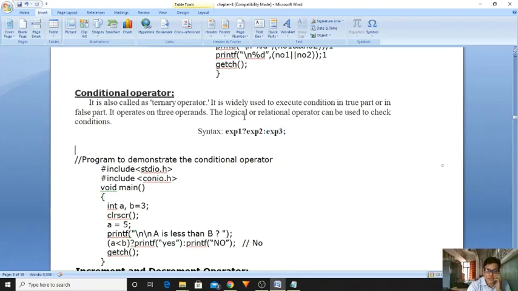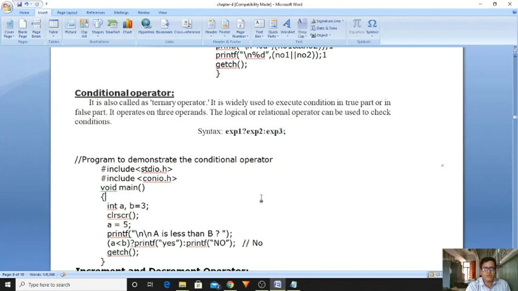This is the syntax. That is why it is called a ternary operator. It consists of 3 expressions, and that depends on the first expression's condition. If expression 1 is true, it will execute the statement followed by the question mark. If expression 1 is false, it will execute the statement followed by the colon.